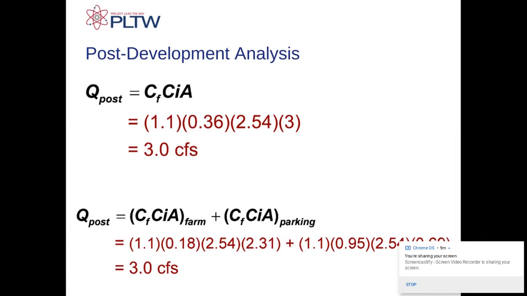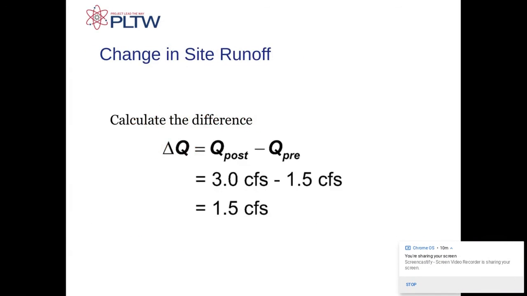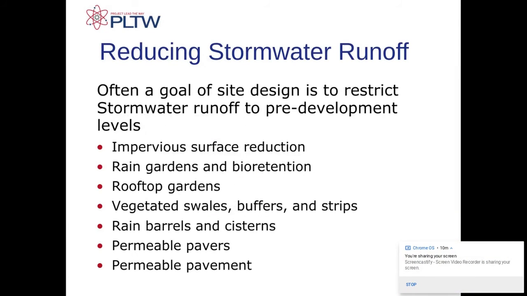All right. So before development you had 1.5 cubic feet per second. After development you had 3 cubic feet per second. So the change was 1.5 cubic feet per second. So you need to do something with that extra water that's running off the site. That's why you need to